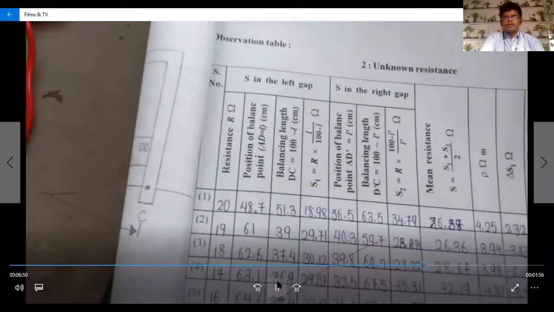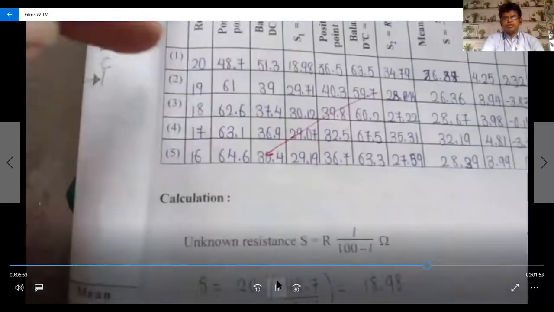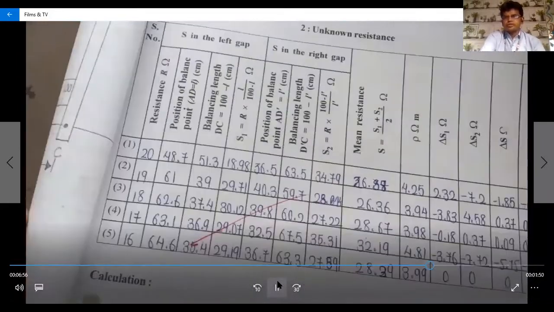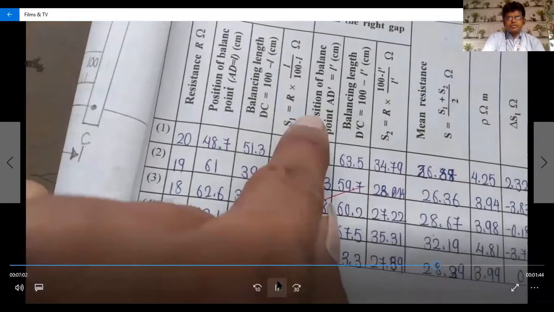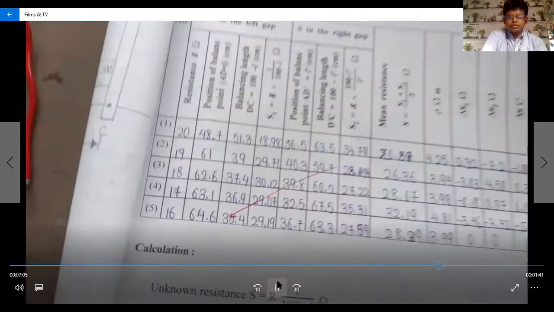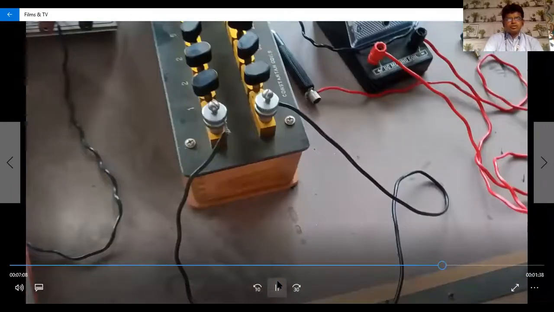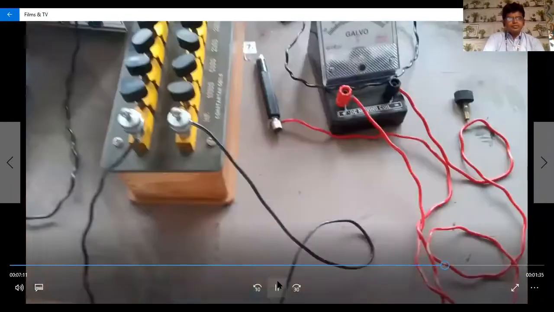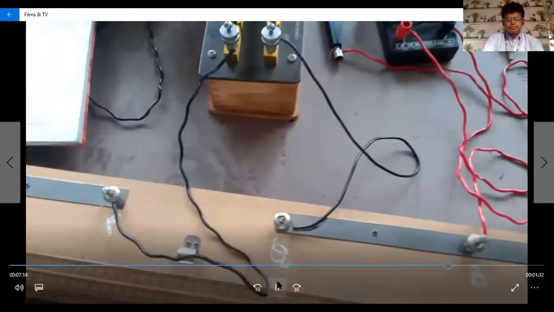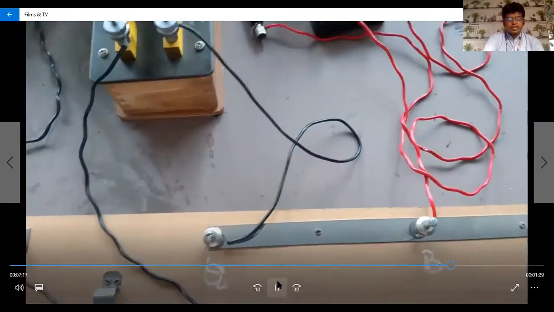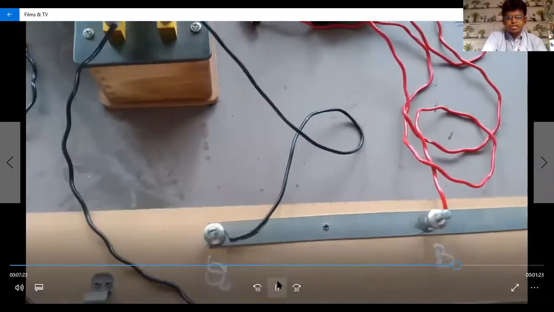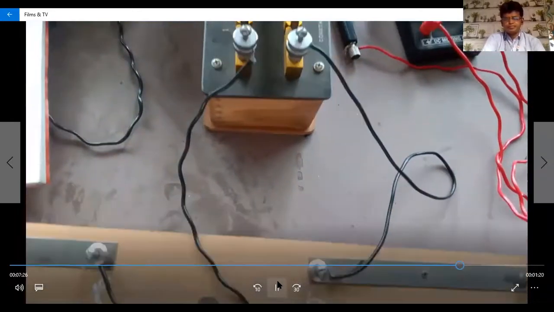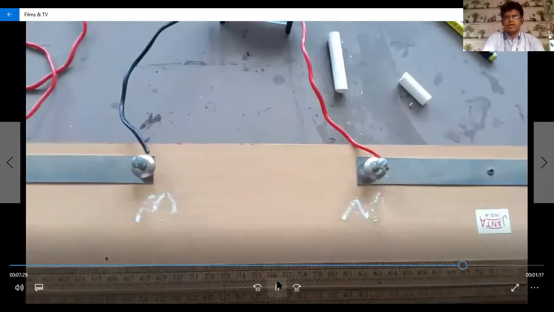Now this table has the second part. Now we find the value of S in the right gap. So how is it possible? At that time we change some of the circuit connection. Now we interchange the unknown R and the non-R box. So in the second part, we join between P and Q the non-R value. We interchange the circuit in the second part, and between M and N we connect the unknown R value. It is compulsory in the second part, we find the right gap, by interchanging the known R and the unknown R.